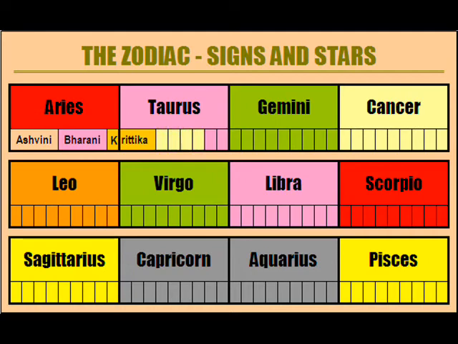The fourth nakshatra is Rohini at Taurus. And the rest of the nakshatras are aligned in the same way. The fifth nakshatra is Mrigasira, followed by Ardra, Punarvasu, Pushya, Aslesha,